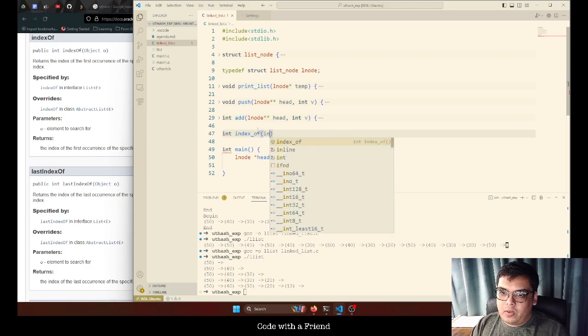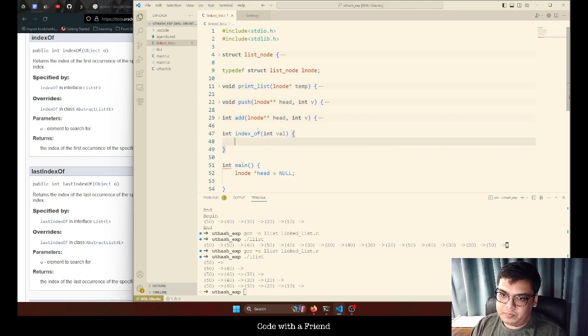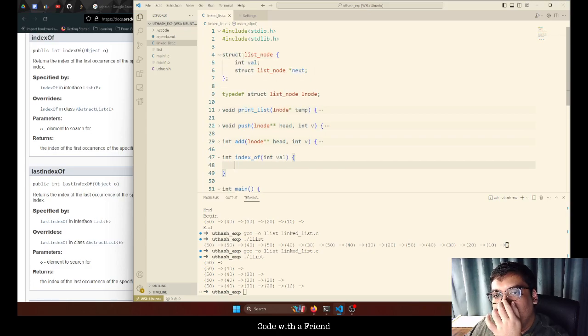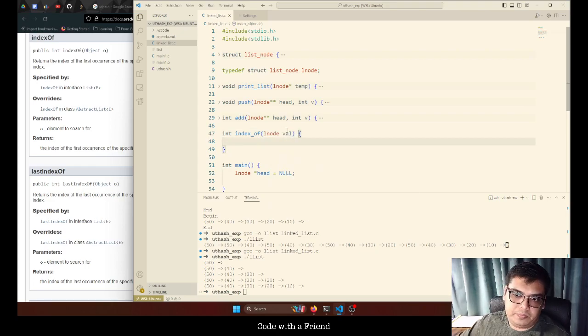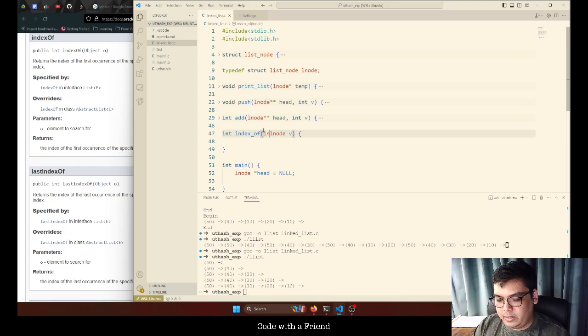So let's see, index of integer value. Also, a better way could be if we just provide the list node, then we can compare. So let's say we pass some L node, let's just call it v. And we also need to pass the head. We don't need to modify the head, so just the reference is fine. And what this will do is